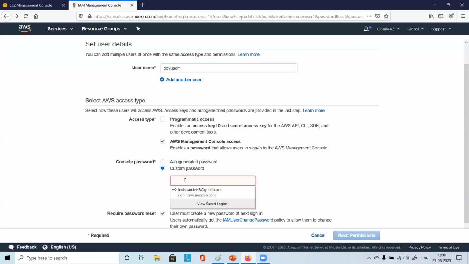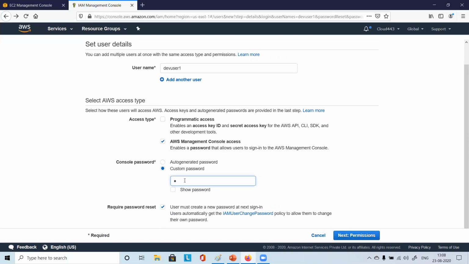But anyways, let me just put some password. Anyways, I'll delete this video. So you need to be careful if you're putting some password. If it is visible in the recording or somewhere, you should delete that password later. That user only should be deleted. Otherwise, somebody else will be accessing your account.